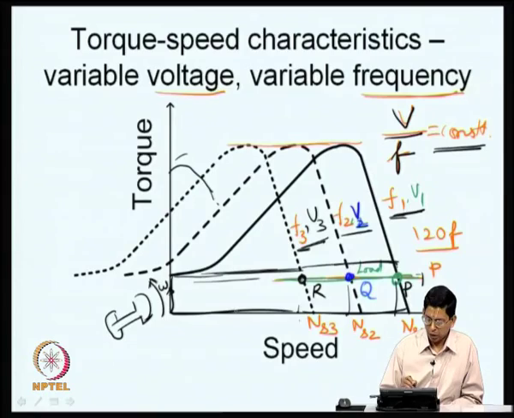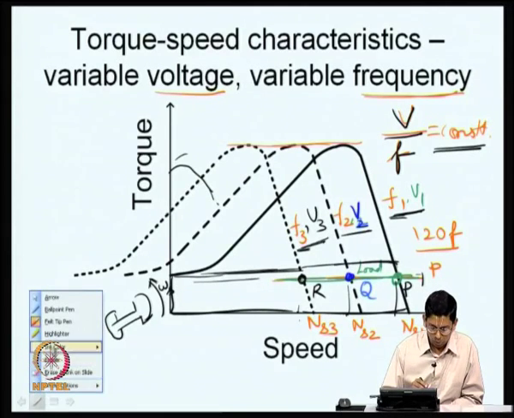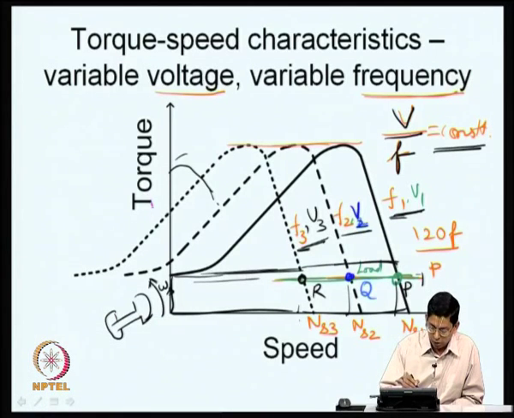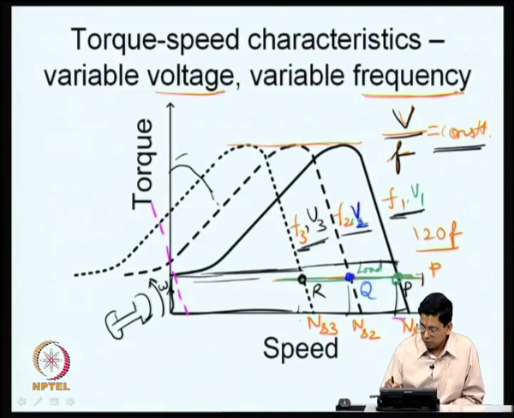So, how do you do that? Let us say you want to keep it very low. So, what you can do is shift it to a point, let me use a different color that I have probably not used till now. I can shift the characteristic like this, such that this is my rated slip frequency and I bring it to here. So, in this case what I am trying to do is apply something I call F minimum, and this produces a very small synchronous speed, and here the rotor speed is 0.